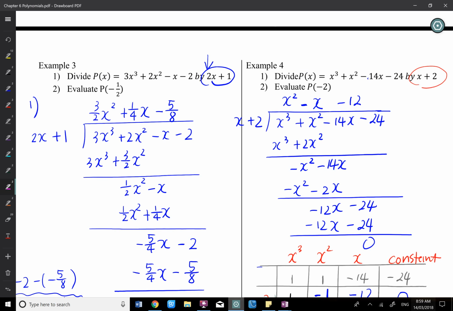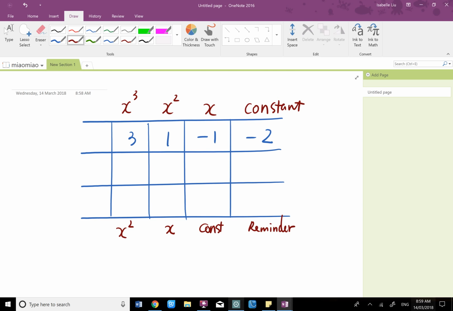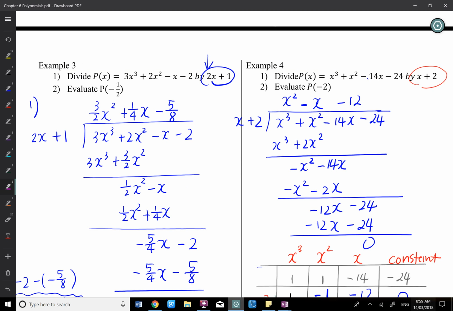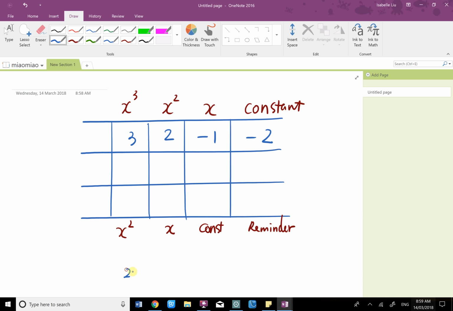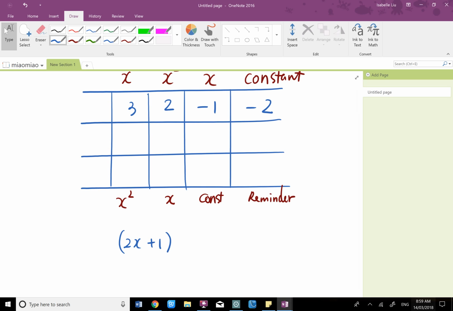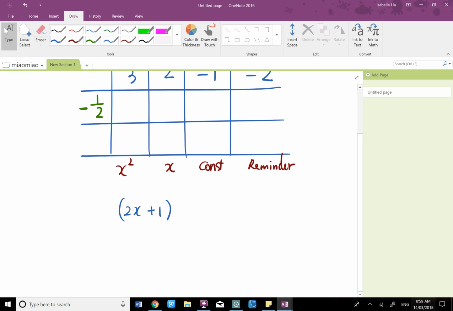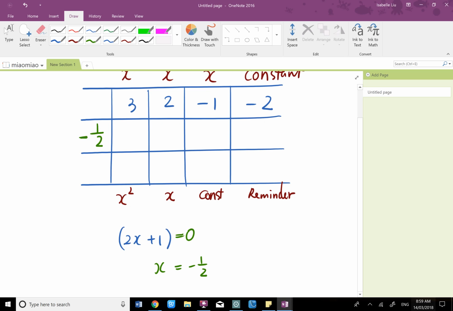So, 3, 2, minus 1, and minus 2. And then what you're trying to divide by is 2x plus 1. So I will make this become minus a half. You make 2x plus 1 equal to 0 and solve for x. x equals minus a half. So what we put is minus a half here, using the same method to complete